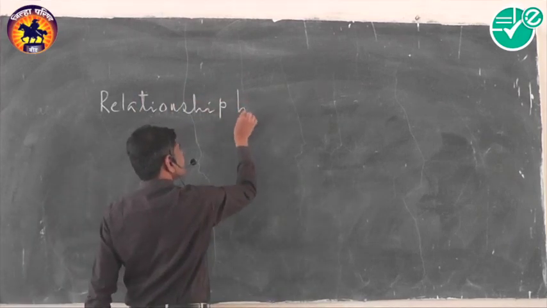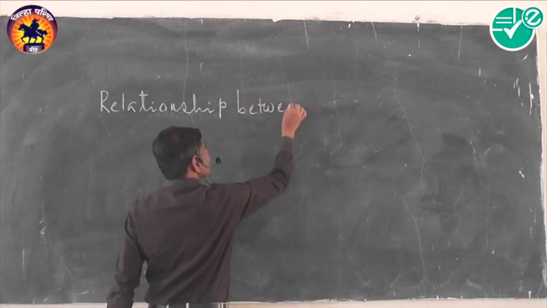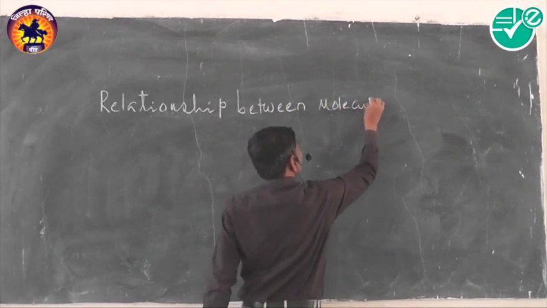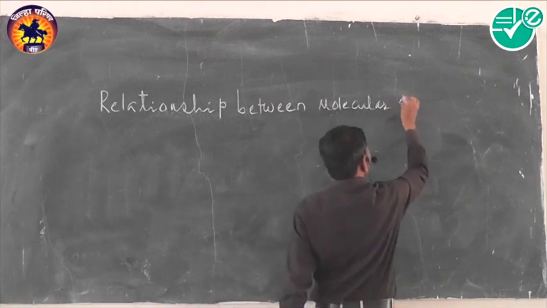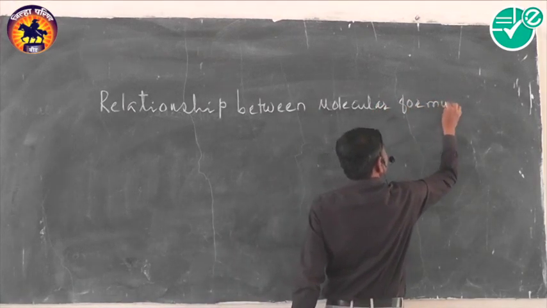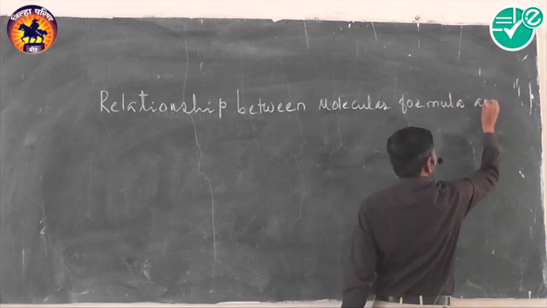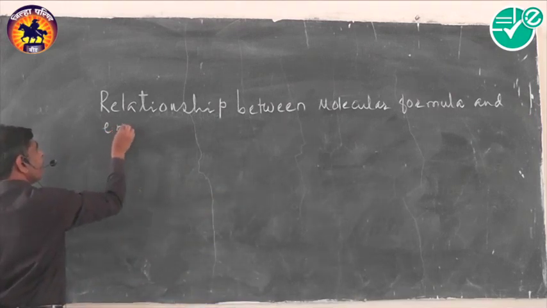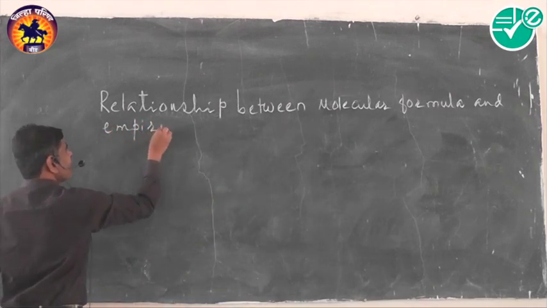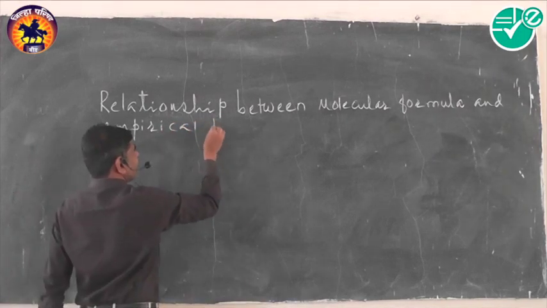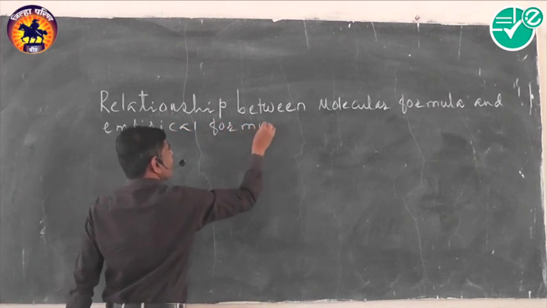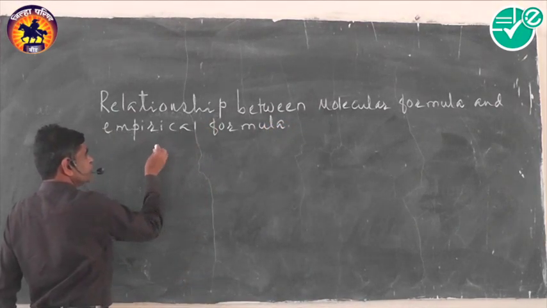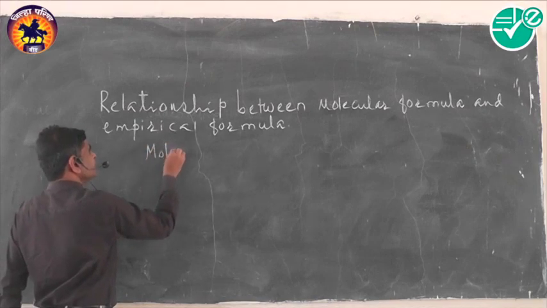Relationship between molecular formula and empirical formula. Relationship between molecular formula and empirical formula. Now, what is the relationship? Molecular formula is equal to